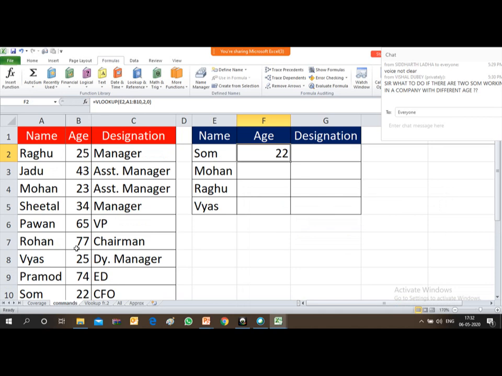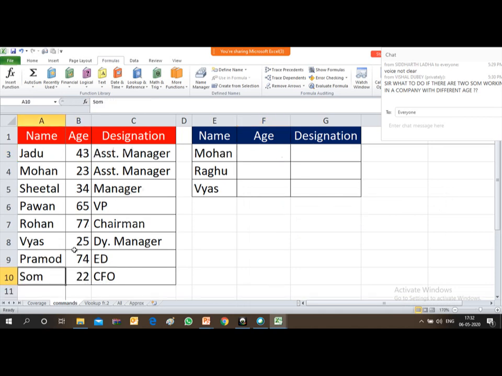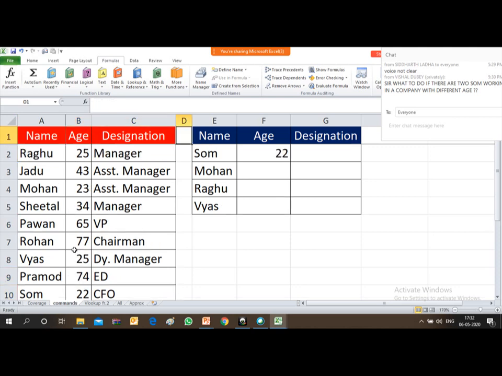So just cross check it against SOM. The age is 22. So friends, you must have understood. This is just a preliminary level. If this is not clear, then afterward there will be many more complexities.